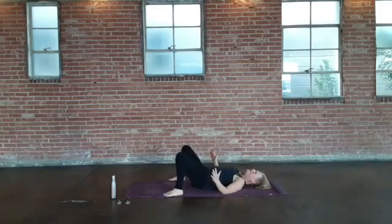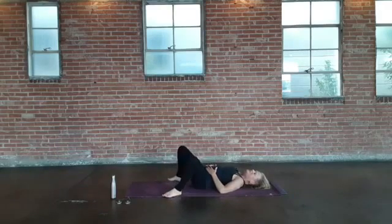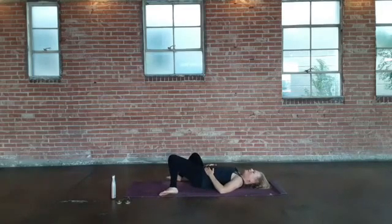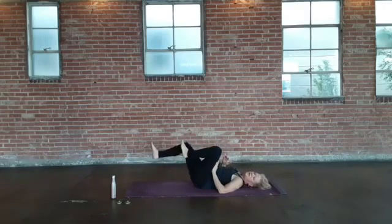Widen your feet at mat width distance, and just windshield wiper your knees. Just kind of releasing any angst that pose may have brought up. All right. Okay. Now we're going to reverse it on the other side, but this time I'm going to extend